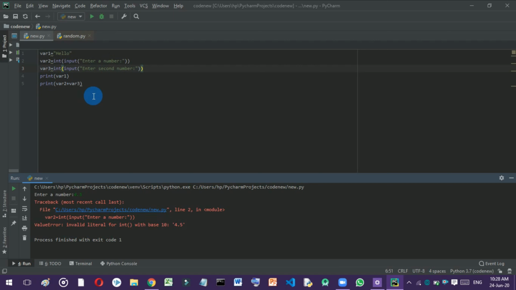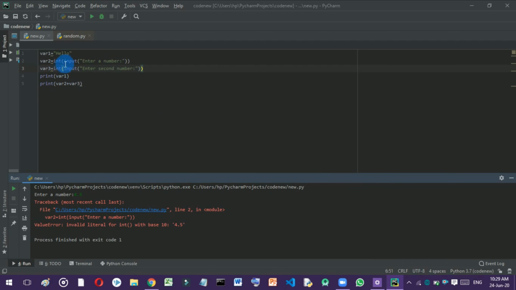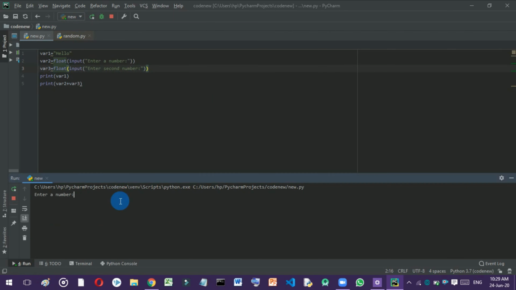Now you see that we have two types of values in math. One is integer values, and one is decimal values. Now to define a decimal value, we use this property, that is float. Float means a decimal value. Now let me run it. Now even if I enter a float value, it won't show any error and executes the program very easily. You can see we are getting the result 13.6.